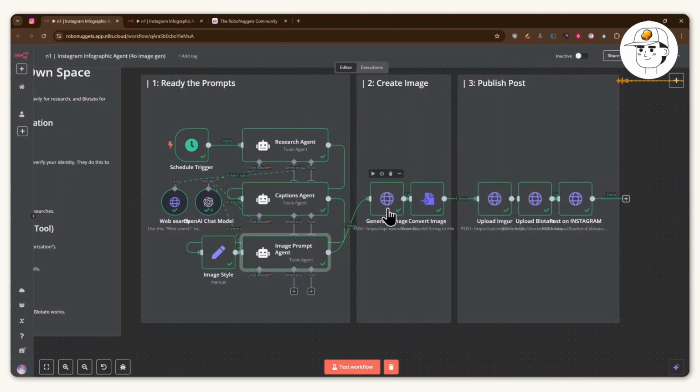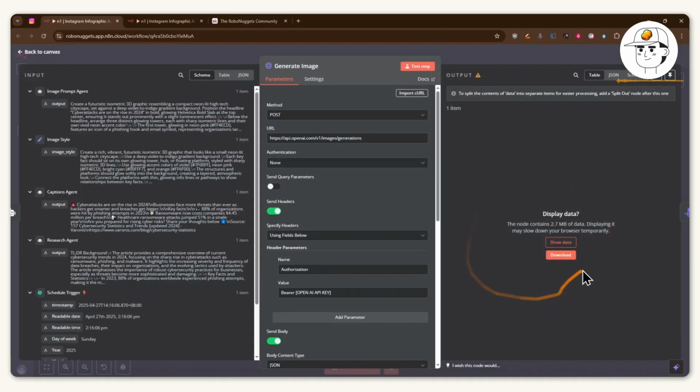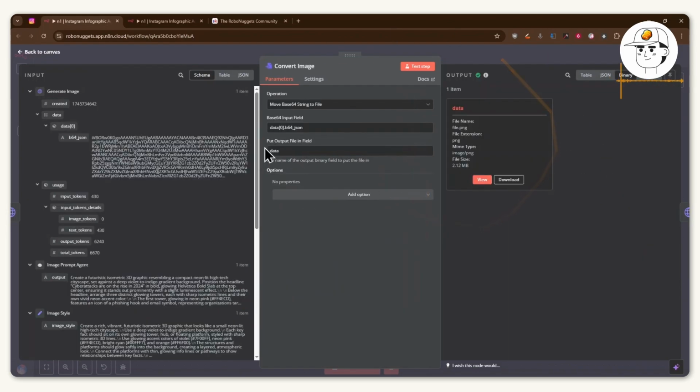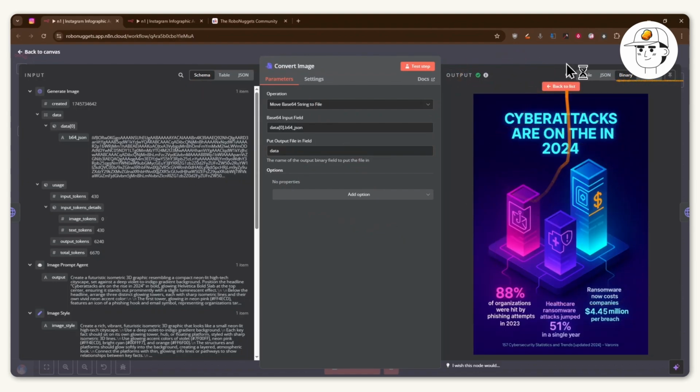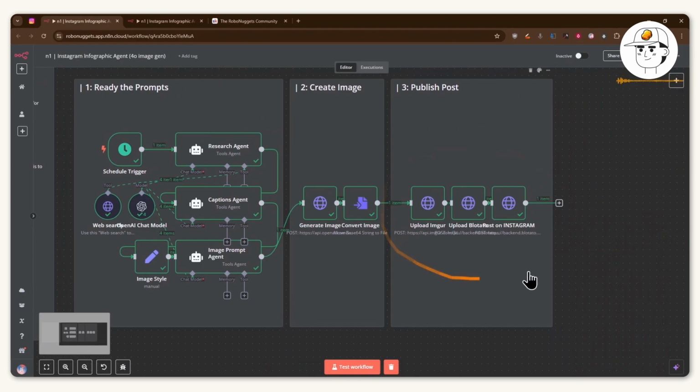Finally, to the 4.0 image generation model, which is available here. And then if you open that up, you can see that OpenAI is providing us the full data here in binary. And so we just need this node to convert that into something that n8n is able to preview. In this output, if I click on view, it will provide me with a preview of that image, which is good. And then to post to Instagram, finally, we use a service called Blotato.com, which I went through in another